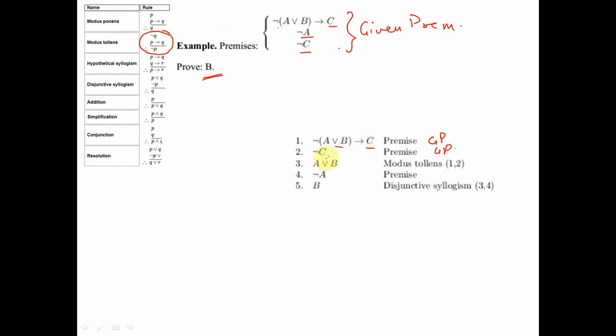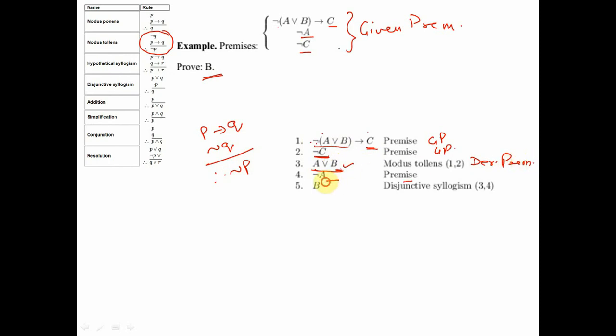P implies Q and negation of Q will give me negation of P, and negation of A or B gives me A or B. Right? Let me write it again for you. Modus tollens says P implies Q and negation of Q will give me negation of P. See over here, this is P, this is Q. P implies Q and negation of Q will give me negation of P, negation of A or B, which gives me A or B. Now I have A or B as the derived premise